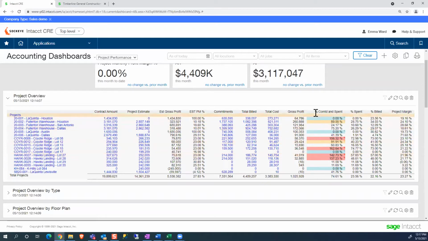So the percentage of committed and spent on a project. On this column here, I have it highlighted in red if it's over 100% of committed costs, or cost plus the committed costs of my actual estimate. So you can see that here I've overspent quite a bit, and that draws my eyes to that there's something important here. Also, the yellow one is getting close to the threshold of 100% of the costs committed.